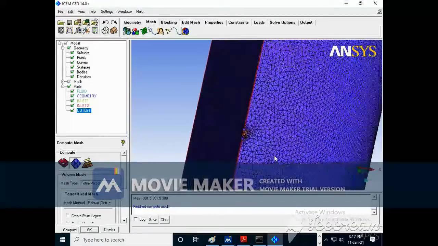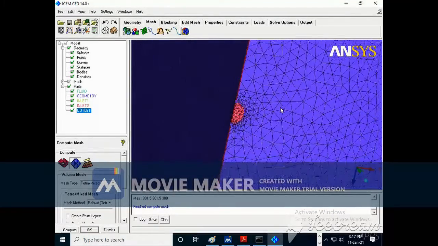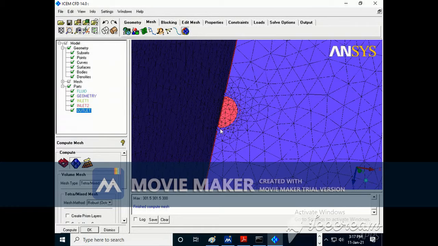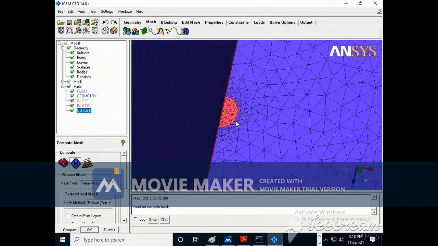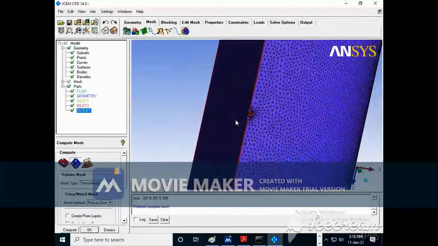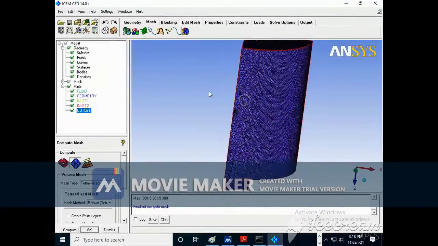Here also you can see, the smallest dimension of your geometry should capture the mesh elements. Otherwise, if the mesh elements are larger, it could not capture the radius of the pipe. That's why I have used density mesh.